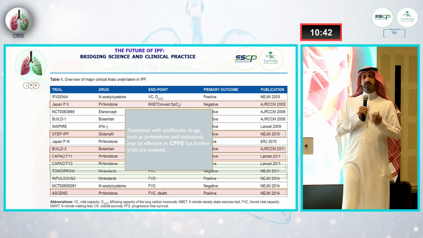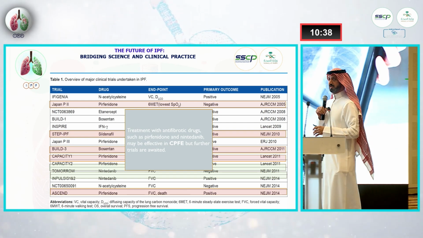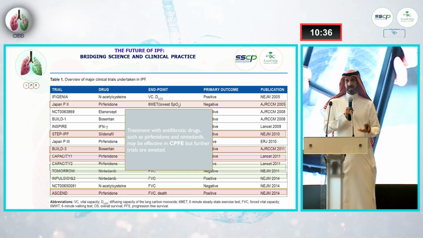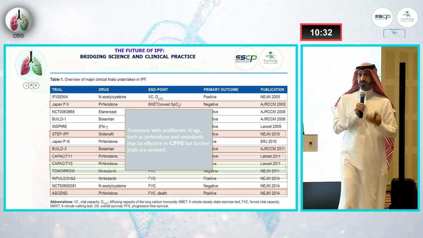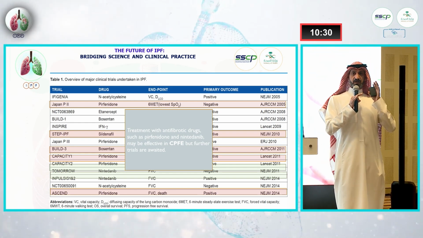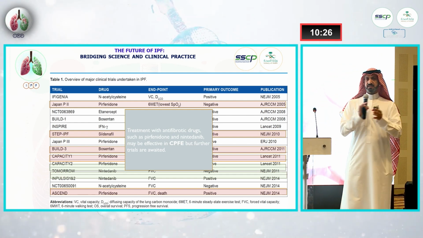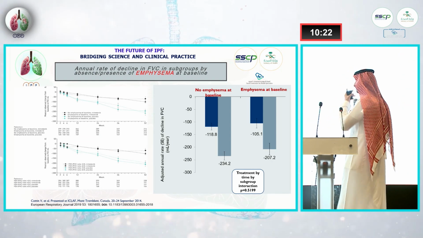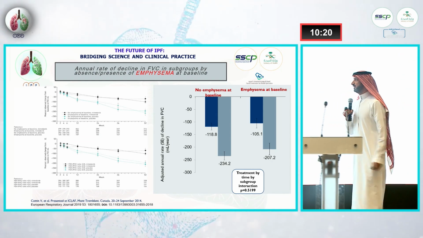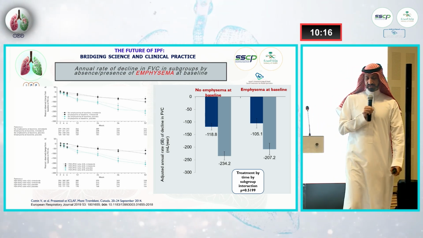What about those patients with combined fibrosis and emphysema? Still, we don't have good evidence to start these antifibrotics. But if we consider this as two disorders, we'll treat those patients as IPF and treat them as COPD as well. Okay, but we have what is called a sub-analysis on some of those patients